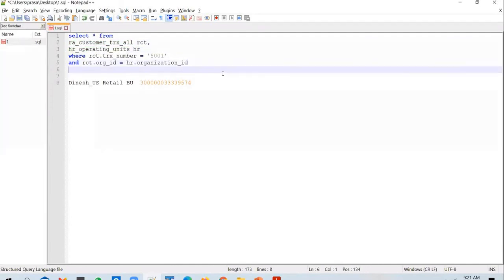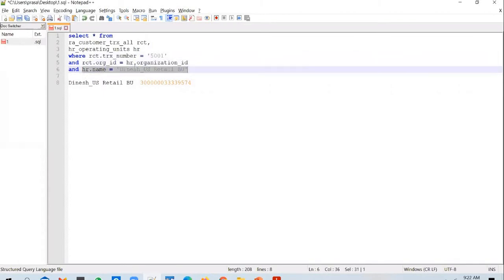Okay. And what else do you want to do? I want to print the 5001 transaction number from Dinesh US Retail BU. So I will add another condition wherein I say HR.name equal to Dinesh US Retail BU. So what am I doing here?